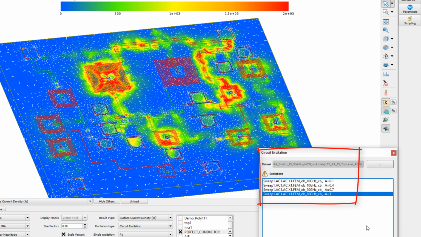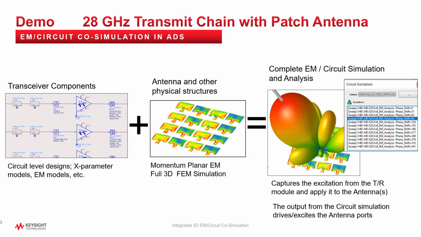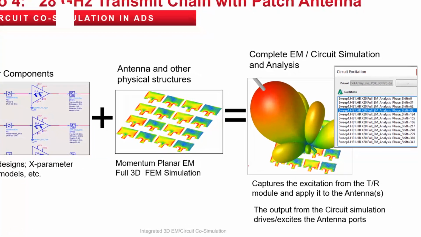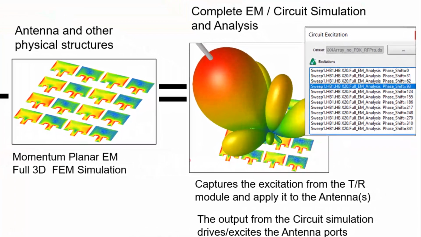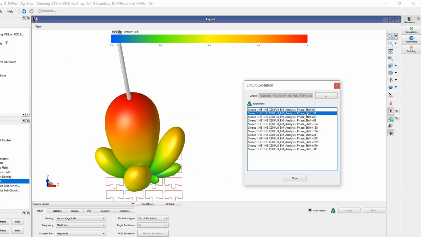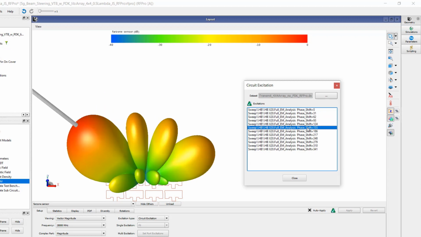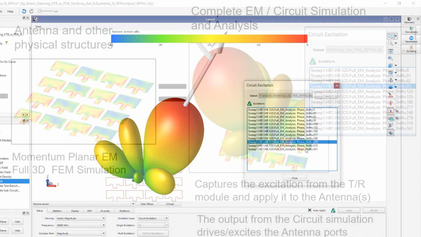You see, this sweep feature could similarly be applied to vary, for example, the source input power to a power amplifier and check its response under larger signal with harmonic balance. Or you could use it to sweep, for example, the phase angle of a phase shifter interfacing a beam steer antenna and be able to look at the far field and scan the beam of the antenna as a function of this swept phase angle. I do have a 5G demo application example on this if you're interested, and it is included in the resources.